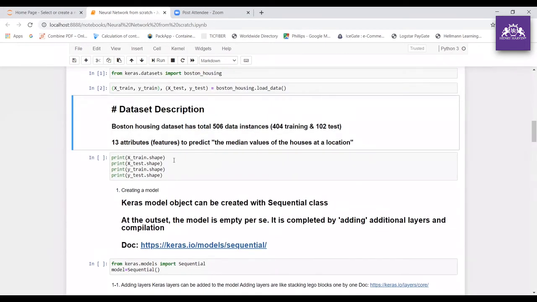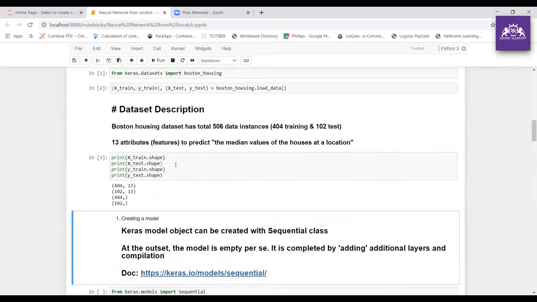Now I want to confirm it, right? So I'm getting the shape of x_train, x_test, y_train and y_test.